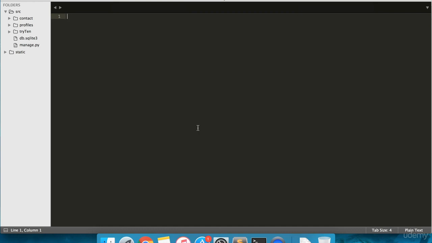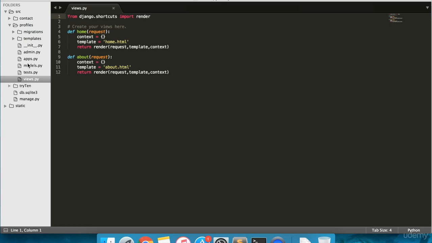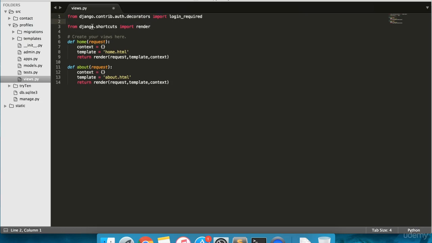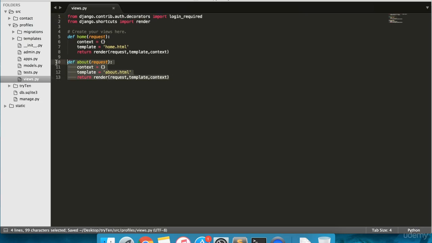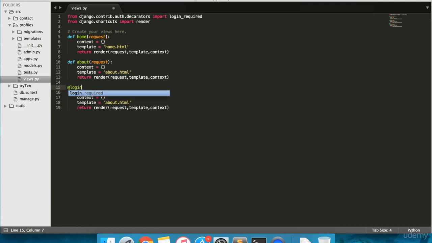So open profiles views.py and paste what we just copied directly onto line 1. Next, copy the entire about view. Paste this on line 15. Call this view user profile. So type @login_required,